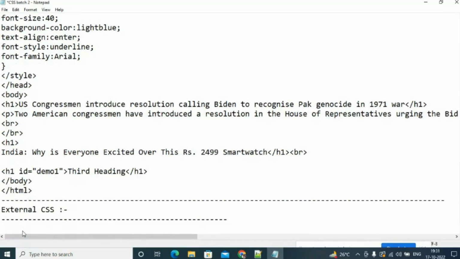Let's move to the external CSS. What is an external CSS basically? And you can see what actually it is. Basically, the external CSS is used to write the code in an external file,